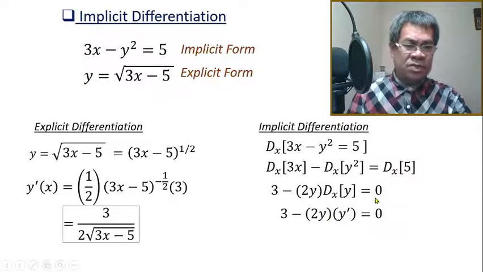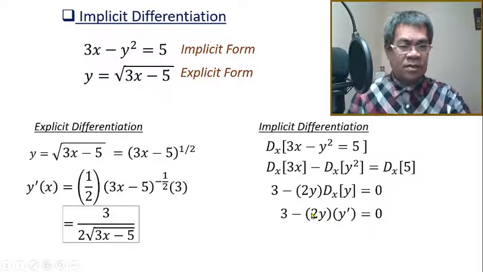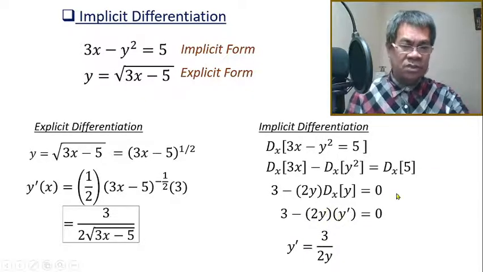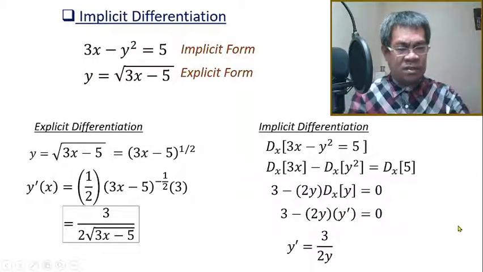So transpose this to the right side, it becomes plus, divide both sides by 2y, then invert it, reverse, then we have this result. So 3, divide both sides by 2y. Okay, I hope you're okay in algebra. So transpose again, divide both sides by 2y, then rotate. We have 3 over 2y. So take note, do we have the same answer? This is 3 over 2 square root of 3x minus 5, while this one is 3 over 2y only. They are equal. Why? Because take note, y is the square root of 3x minus 5. So they are equal. This is 3, this is 2, this is y.